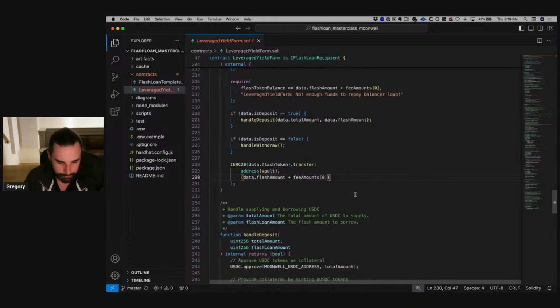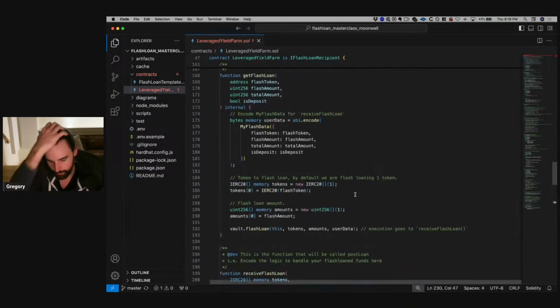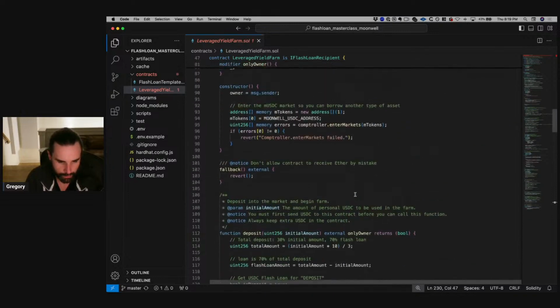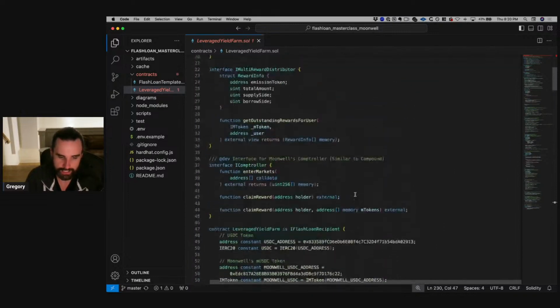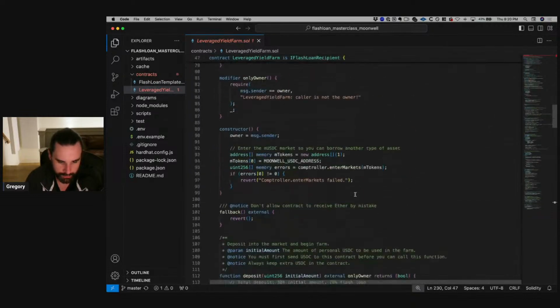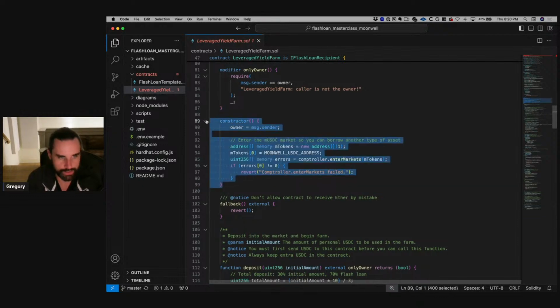All right. So that's how the deposit works. Now, really quickly, one thing I skipped over that I'll mention is we have a constructor function for this smart contract. So before you can even interact with Moonwell from a smart contract, you have to call some specific functions, okay? So we have a constructor function. This is the function that runs once and only once whenever you deploy the contract to the blockchain.